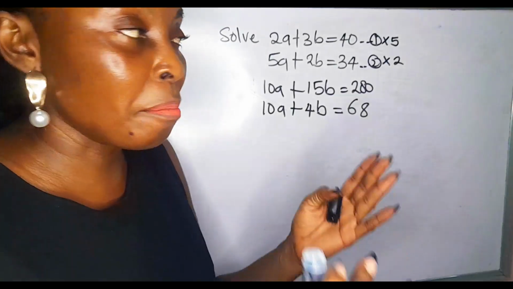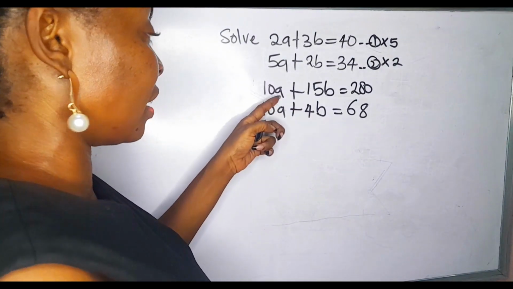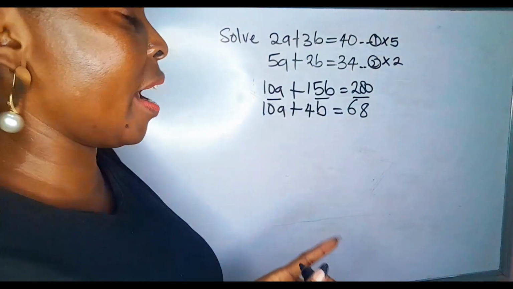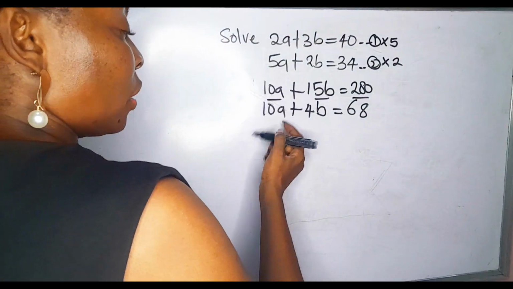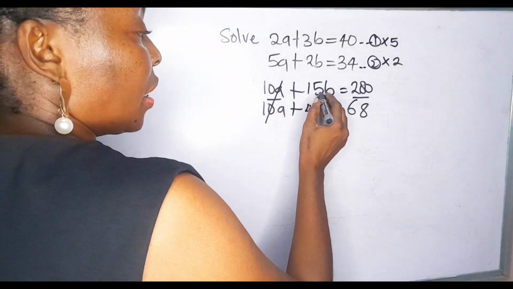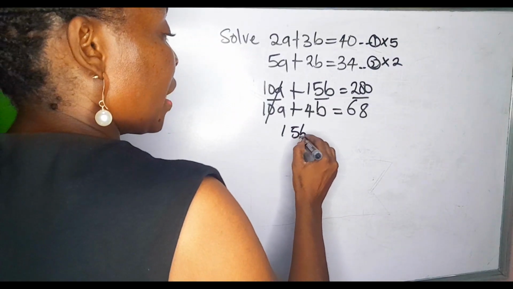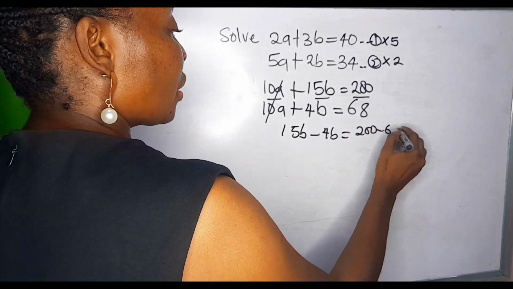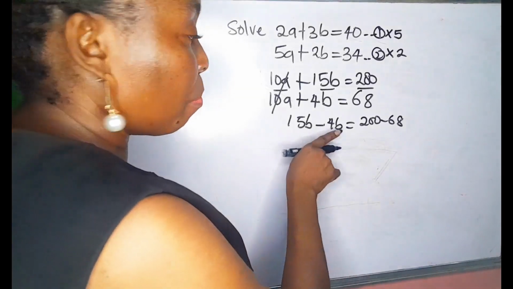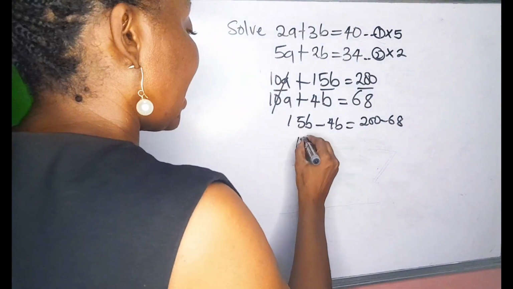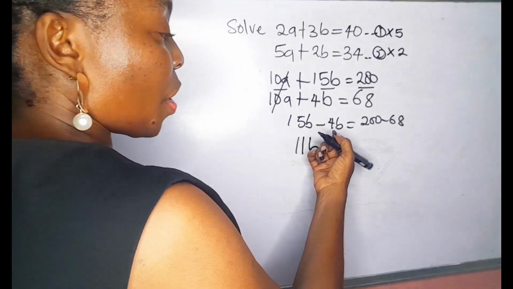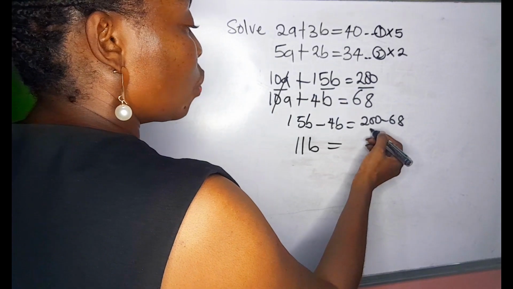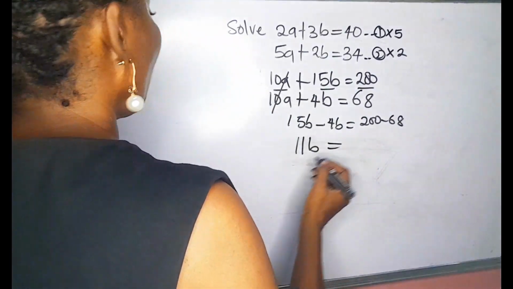Alright, so now that we have made the coefficients of A the same, now we are going to subtract, so we'll be able to eliminate A. So 10A minus 10A will give us 0. Here we have 15B minus 4B, and here we have 200 minus 68. 15B minus 4B is going to give us 11B. That is, you take away 4B from 15. Now we subtract 200 minus 68 will give us